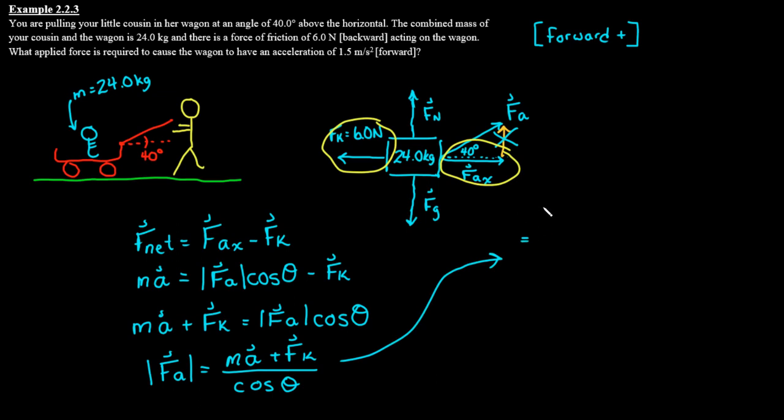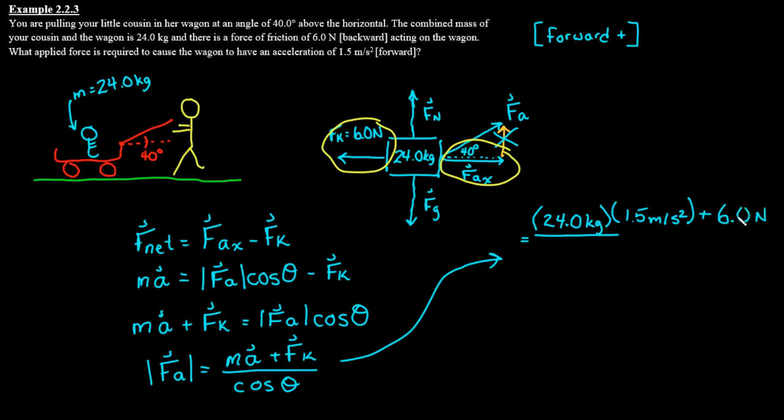So the mass is 24 kilograms, multiplied by our acceleration, which is 1.5 meters per second squared forward. So it's a positive 1.5. Oops, sorry. And then that's plus our force of kinetic friction,